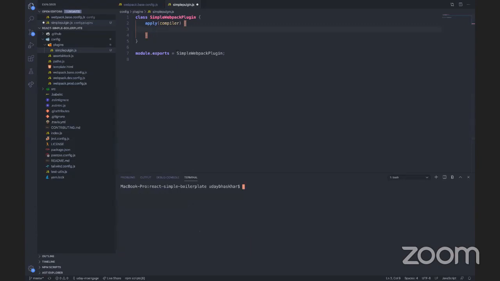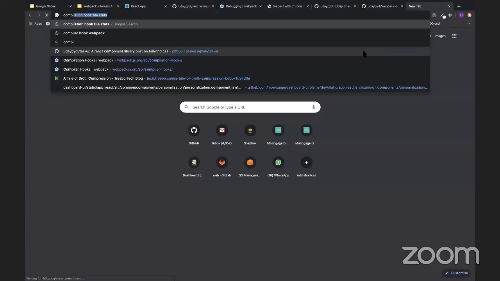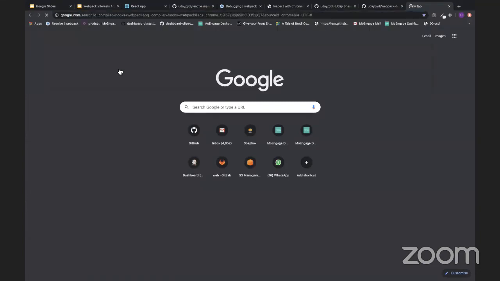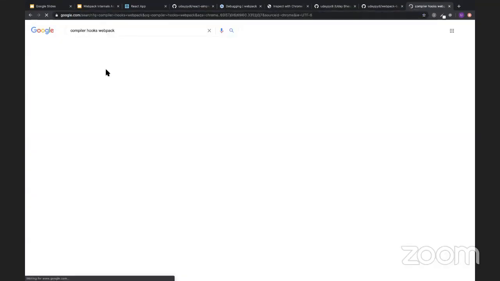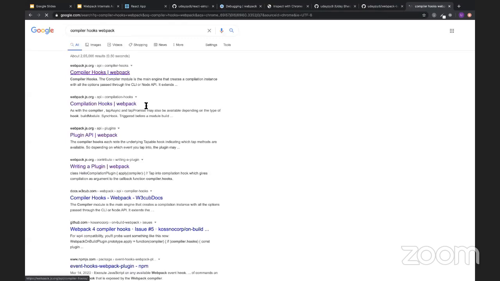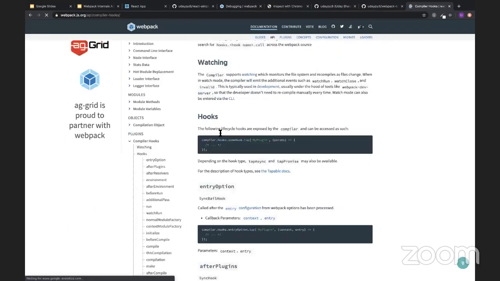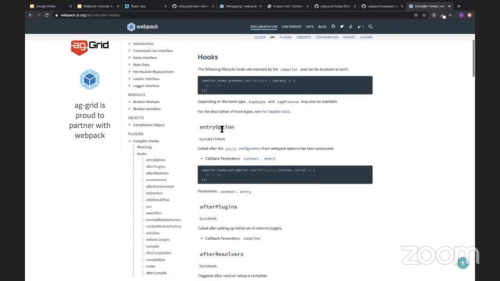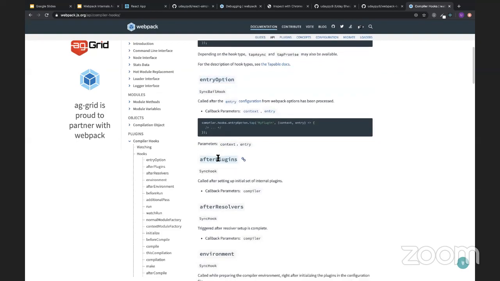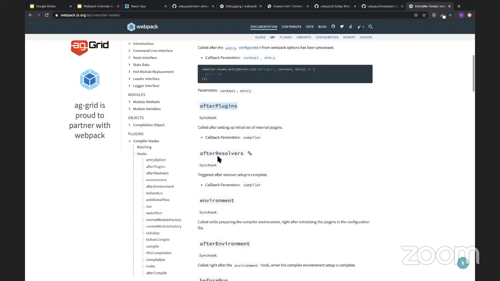Whenever you see the Webpack documentation, I can actually show the compiler hooks. Webpack has a set of compiler hooks. Once you get the entry option, this hook gets called. Once you enter the plugins option, this hook gets called. Similarly, you have a lot of things.